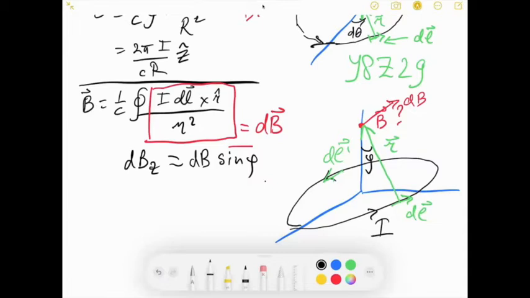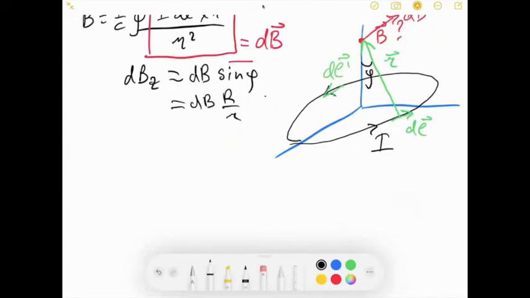Okay, now if that's that angle, then that is dB times big R over little r. So now if you integrate that, you want to integrate and only get the z component, you get 1